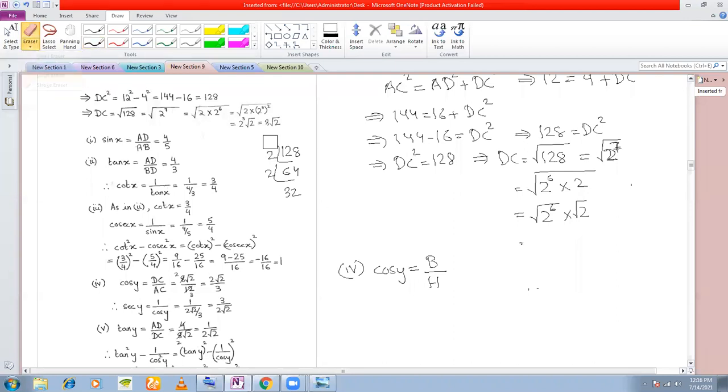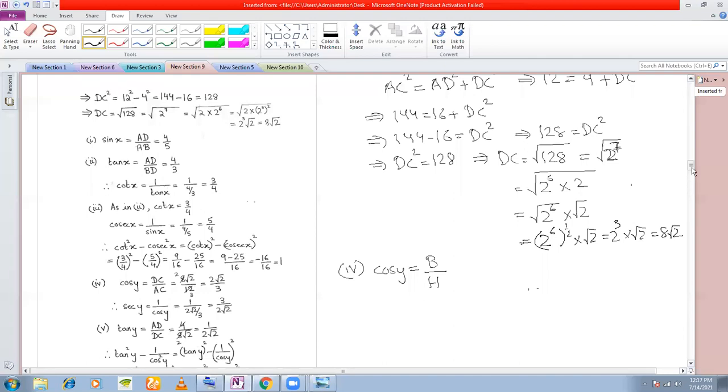If you remember, I told you that nth root of a is what? Nth root of a is a to the power of 1 by n, right? If you remember from your indices. So therefore, if I am writing square root of 2 to the power of 6, what is a here? 2 to the power of 6, right? And because of the root, we have a half here. Now you understood? Yes, sir, now I understood. So that is how we are calculating. So this is 8 root 2.